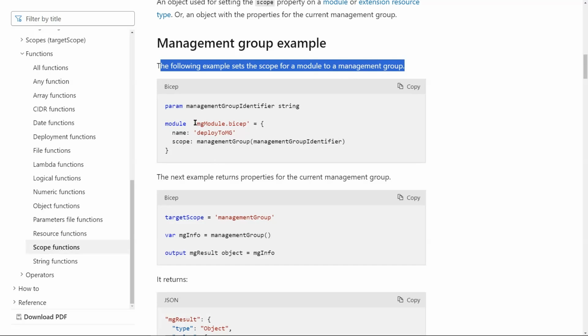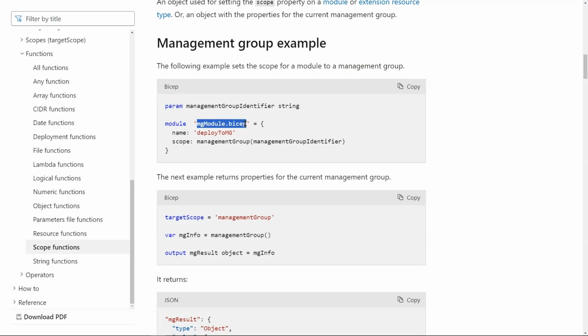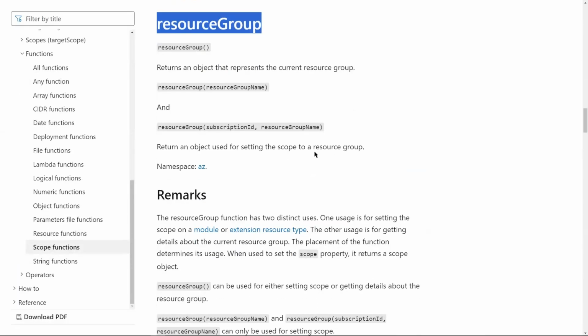When we call this module, which is going to deploy some resources, and set the scope for this module, we call the management group and provide the management group identifier. In the same way we can set the scope for a resource group as well.